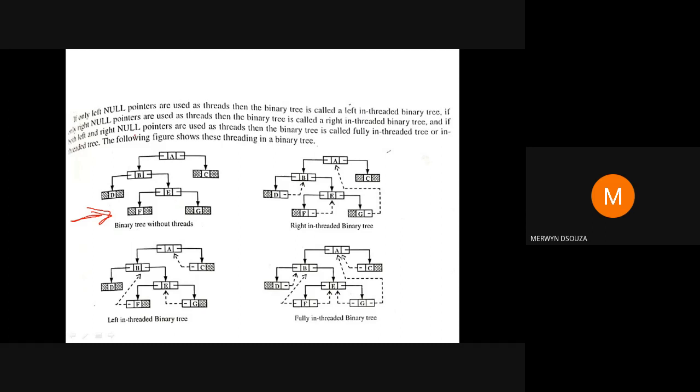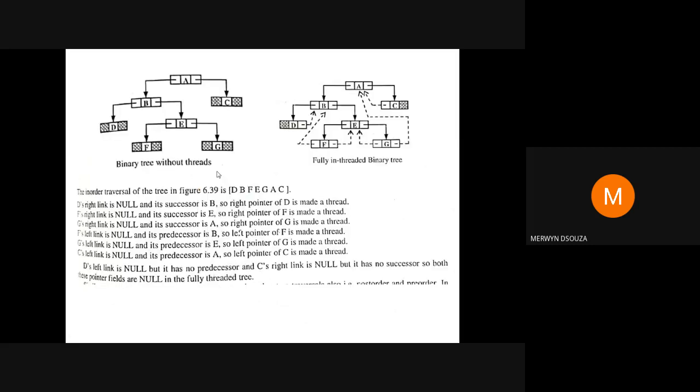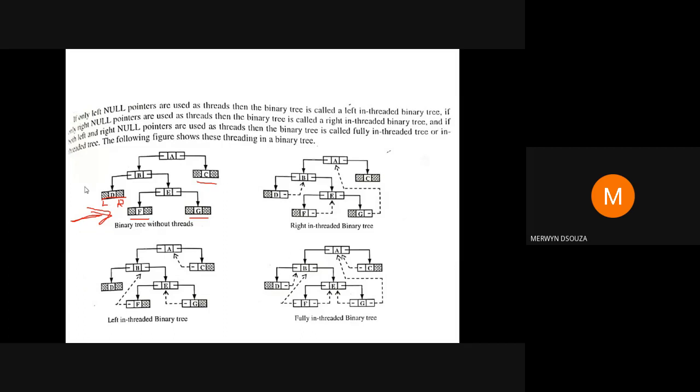Okay, so if you can see here, this is, for example, a leaf node. It has left pointer as null and right pointer also null because it's a leaf node. Because it does not have any children, left pointer is null and right pointer is also null. Similarly here, left pointer is null, right pointer is null, here also, here also. So there are basically 4 leaf nodes and all of those have both the pointers, left and right, as null.